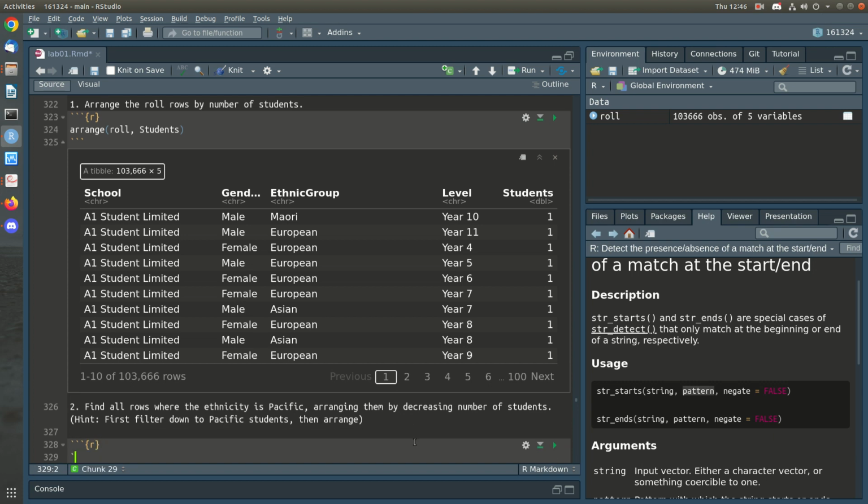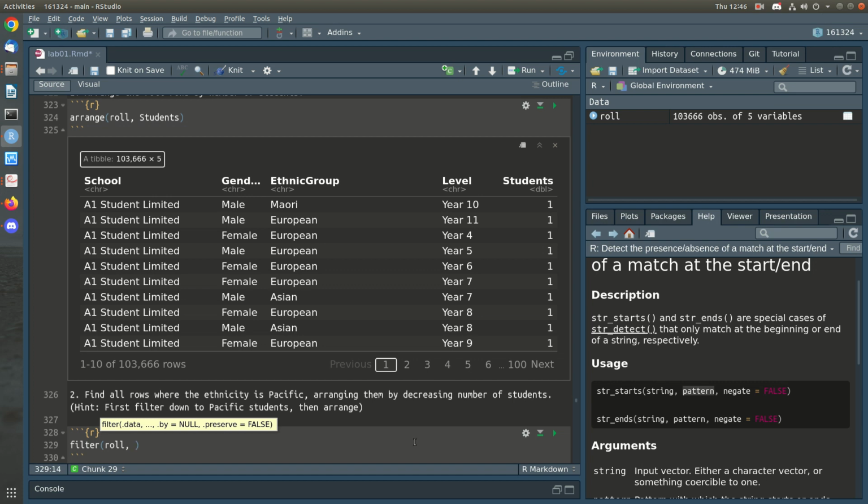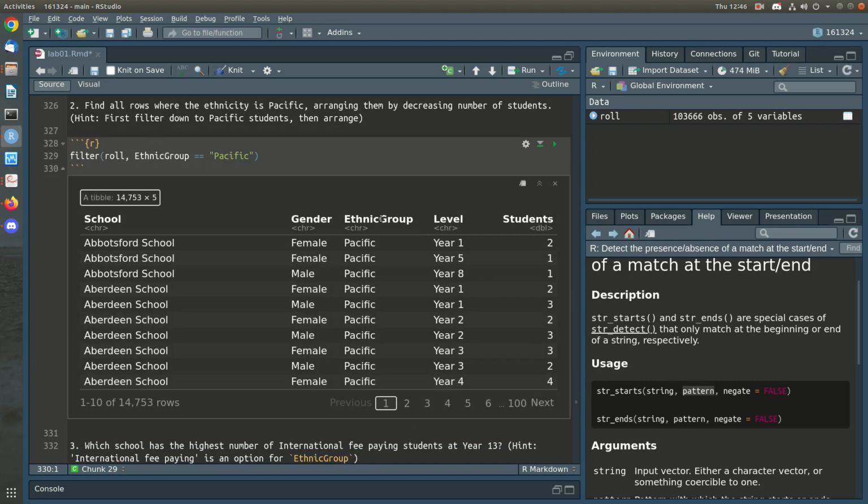Find all rows where the ethnicity is Pacific, arranging them by decreasing number of students, right? So this is doing two things at once. The first thing we're going to do is a filter, because we only want Pacific students. So ethnic group is equal to Pacific. Okay, and now we want to arrange this data set by decreasing number of students. So one way to do that is to store it. So we could say Pacific